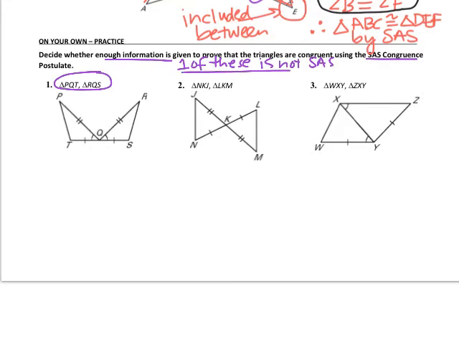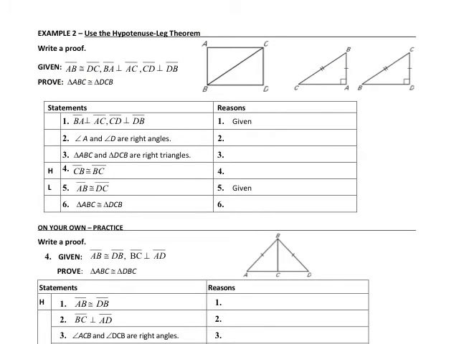Okay, so one of them will not work out using SAS, and two of them will. All right, let's take a look at the next page. On the back here, we have to write a proof, and in this example, they want us to use the